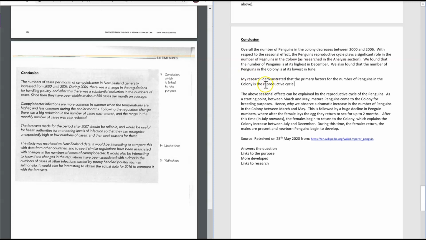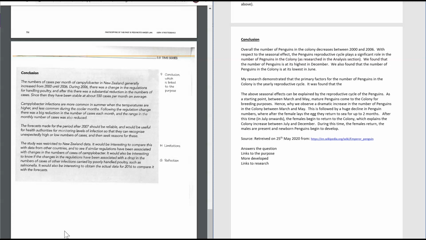And what I'm going to do is I'm actually going to write the yearly reproductive cycle. It was found that the mum, what did they do? So they laid the egg, they then left, they then came back. So the idea of needing food, needing sustenance during that cycle was a really big play, or really important reason